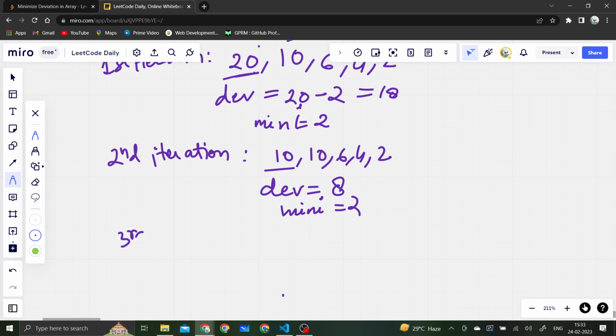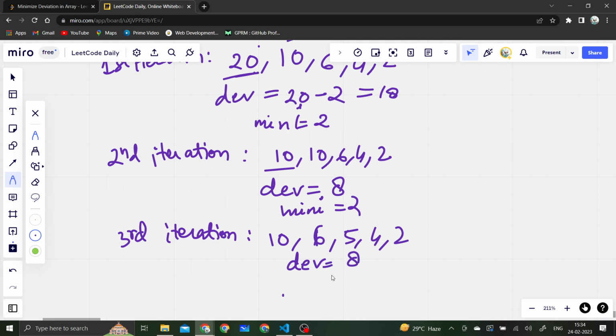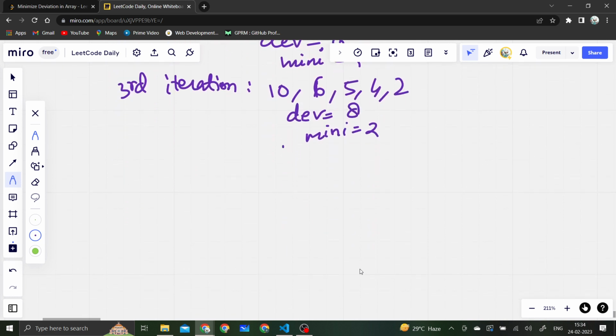Now the third iteration, let's see. For the third iteration, what will happen? We have 10 here, right? So right now, after this particular operation, what would have happened? We would have removed this and we would have divided this by 2 and put it inside of the queue. So now our queue will contain 6, 5, 4, 2. These are the values which our queue will contain. Again calculate the deviation. It will still stay the same, and mini will also still stay the same, that is 2. Let's perform the fourth iteration,